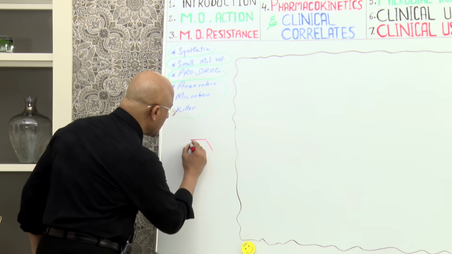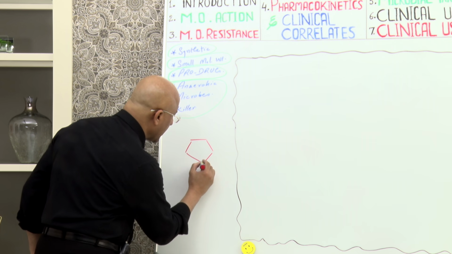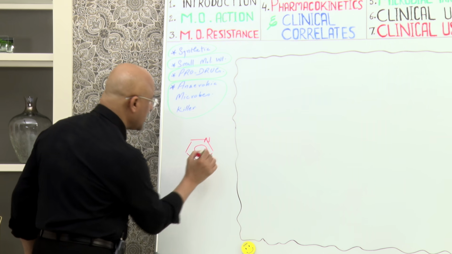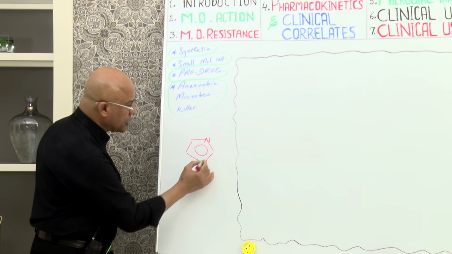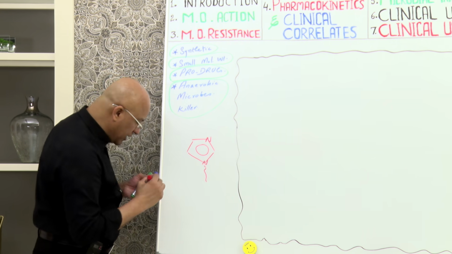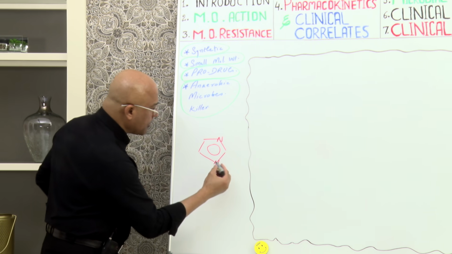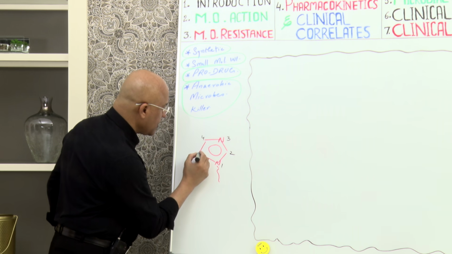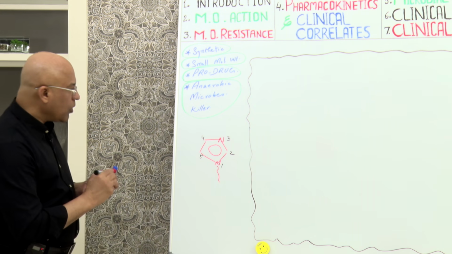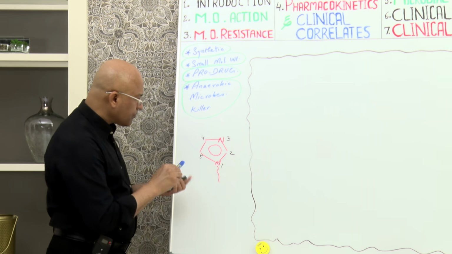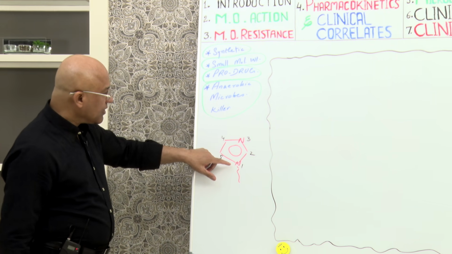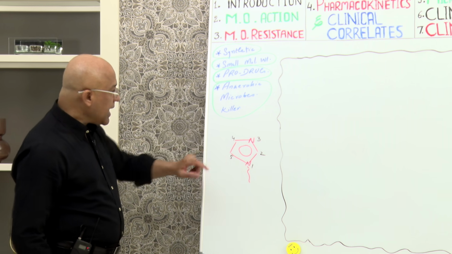Actually, in metronidazole, there is an imidazole ring. The imidazole ring has one nitrogen here and one nitrogen here, right? Suppose there are some side chains. So let's suppose this is carbon number 1, 2, 3, 4 and carbon number 5. Now at carbon number 1 and carbon number 3 in the imidazole ring, there are nitrogens, and there is